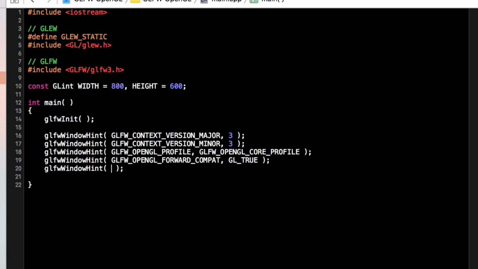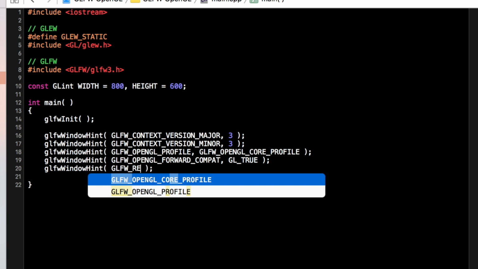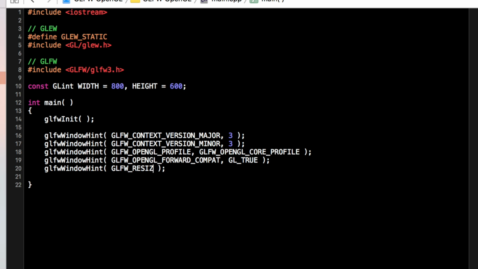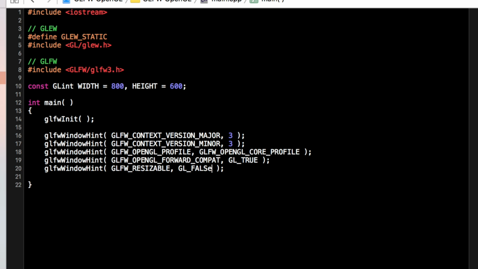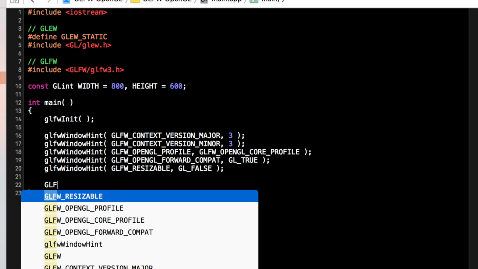We're going to put glfwWindowHint again. For this, we're going to put GLFW_RESIZABLE, GL_FALSE. So we're just preventing our window from being resized. You may not want that sort of restriction. That is totally up to you. If you don't, just get rid of it. Now we're going to create our GLFW